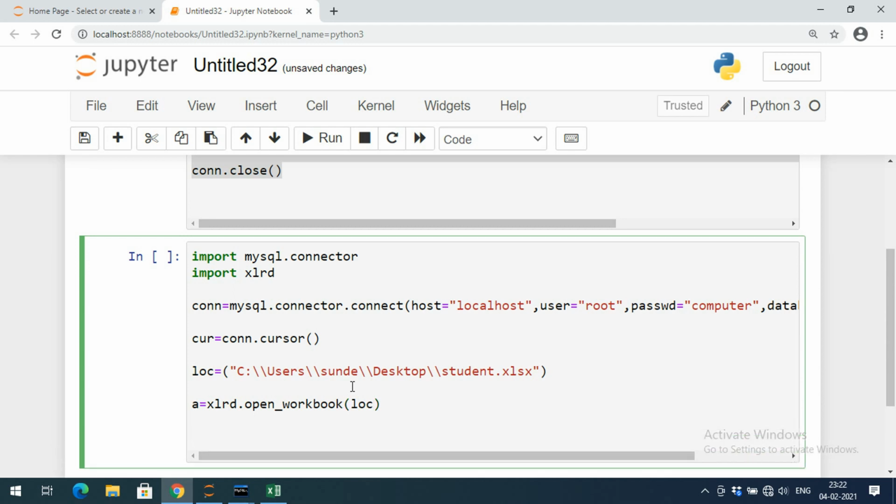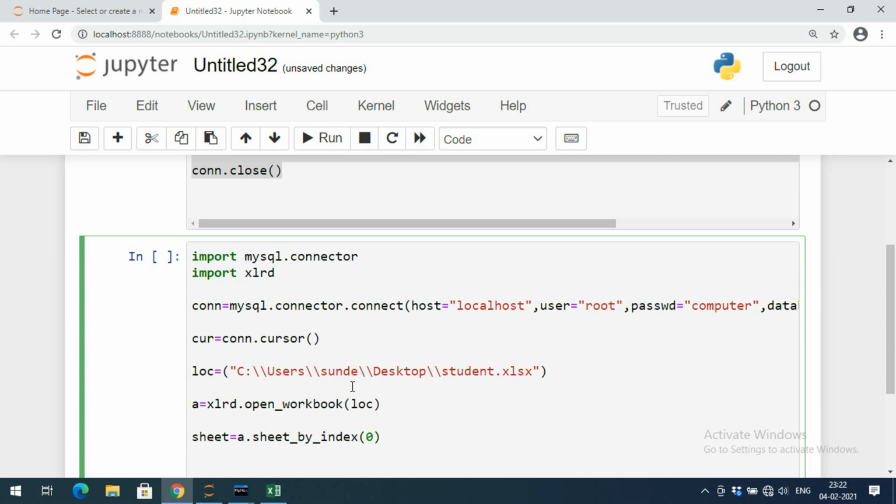And then we have to specify the index. So sheet is equal to the file object dot sheet_by_index, and here we know the index will always start from 0. Then we need to give the cell value from where it starts, so sheet dot cell value.